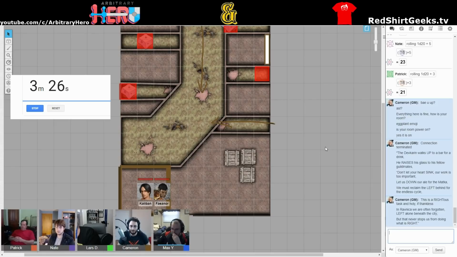Thank you. Yep. So the Devkaran walks up to a bar for a drink. He raises his glass to his. Oh, you know what? I shouldn't have dropped it in chat. I was gonna say, are these actually like uppercase? Yes. I guess that makes it a lot easier. Yeah. Okay. Well,